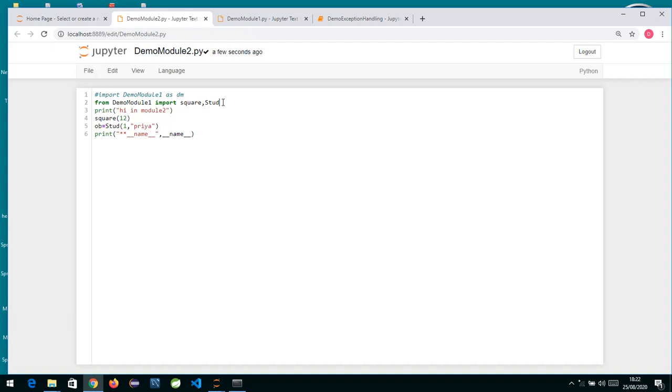Instead of writing this, we can also specify star, which means I want to import everything. So this is also what we can do. It's your choice: you can import the module in this way, or using from. From module import square, you are specifically importing square and stud, and when you import like this, these things are imported into your namespace, so there is no need to put anything in front. Directly you can use the specific function or object. These are the things we can do using import.